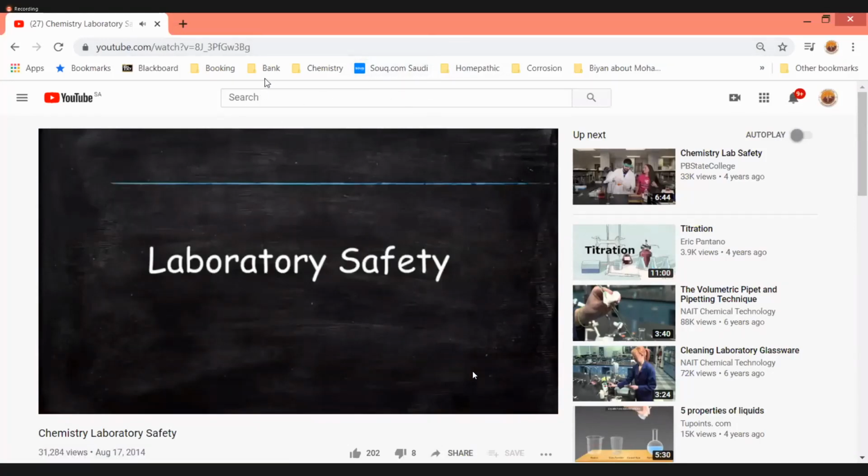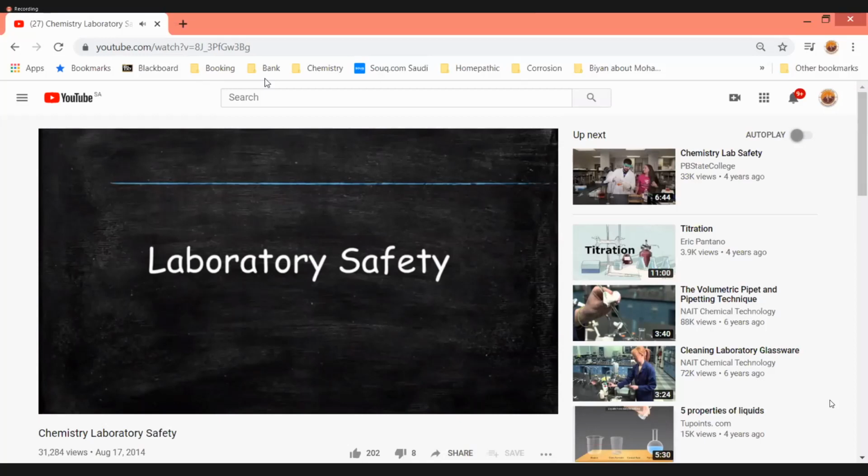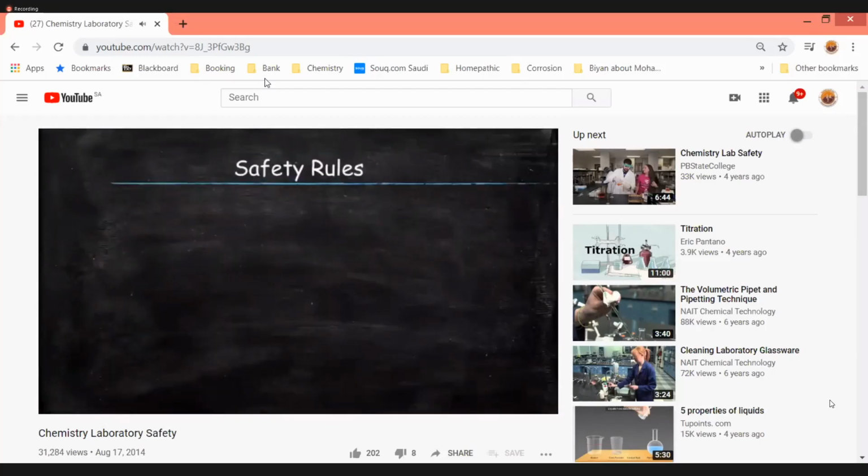Before you do any labs, it's important for you to understand the safety rules so that you don't hurt yourself or cause someone else to be hurt. There are really only 10 laboratory safety rules, and most of them should make complete sense when you really think about them. So we're going to take a look at some of those and some of the safety equipment that we have in the lab so that when you're ready to do the laboratory, you're well informed. To start with, we're going to take a look at the safety rules.